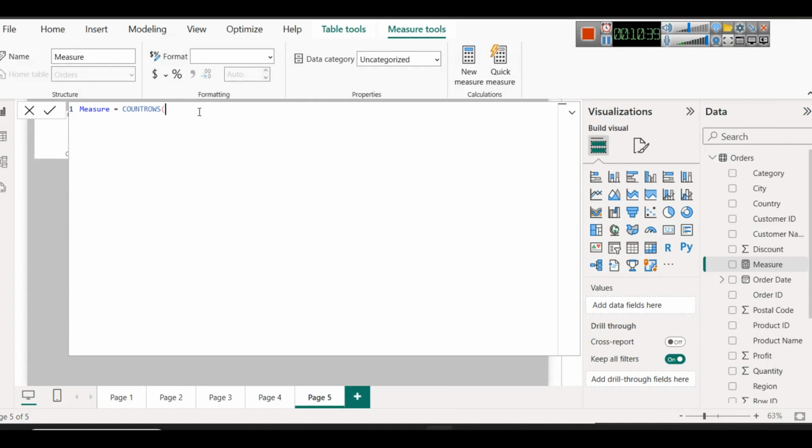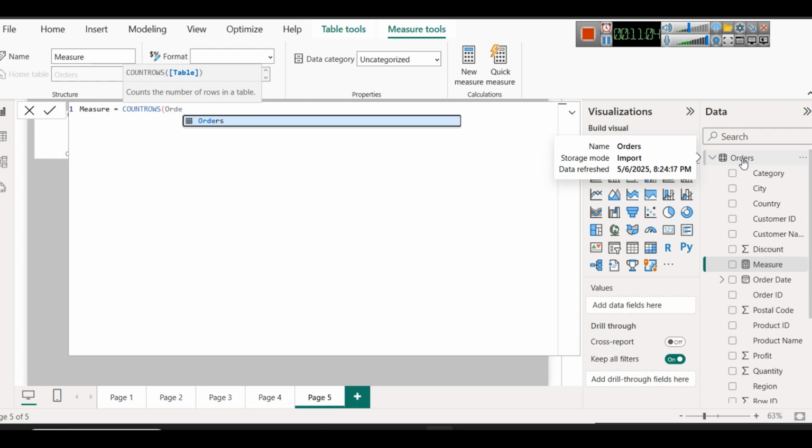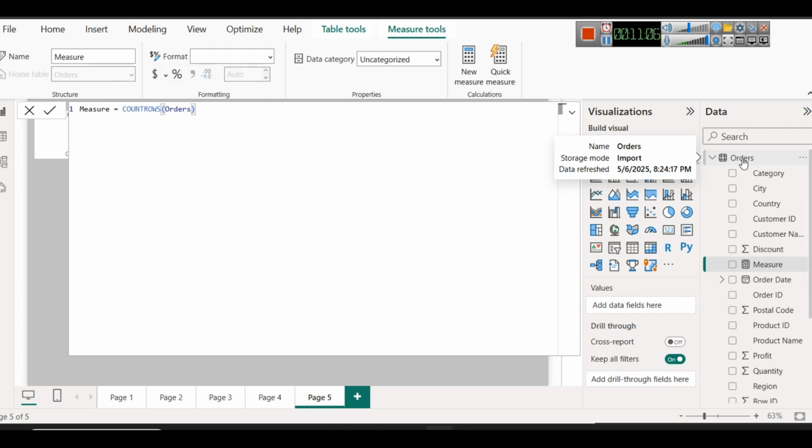Of what element will you count rows? When you write COUNTROWS, it says put the name of the table of which you want to count the number of rows. What is the name of the table here? Orders, right? We will just write Orders,